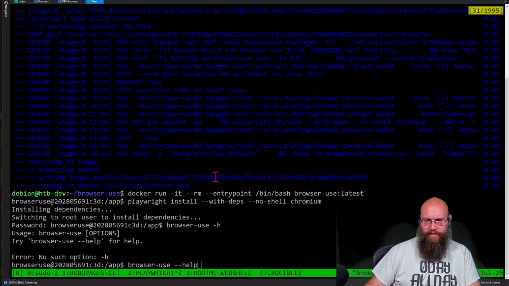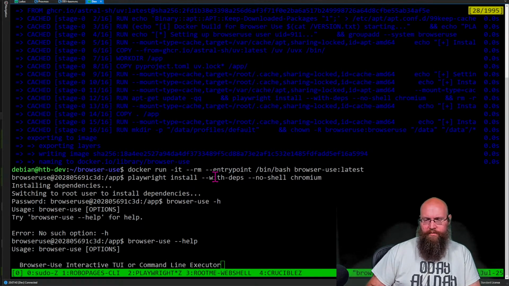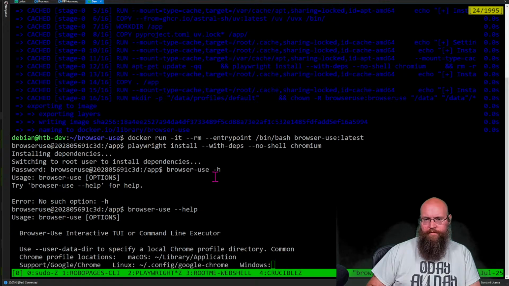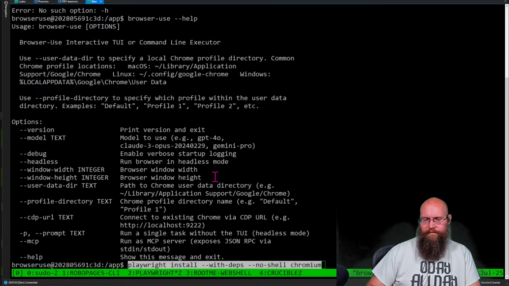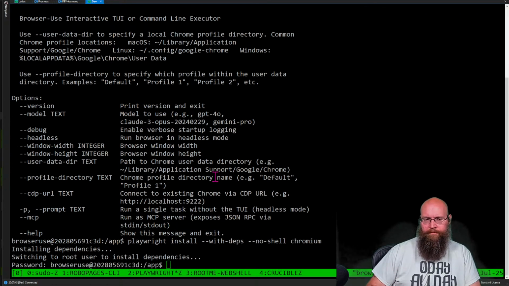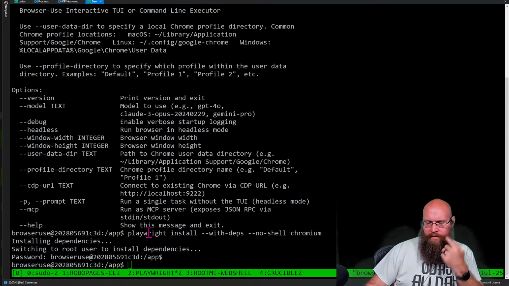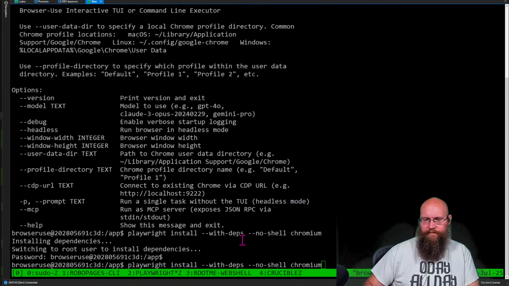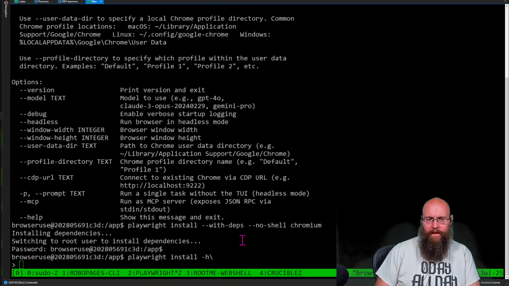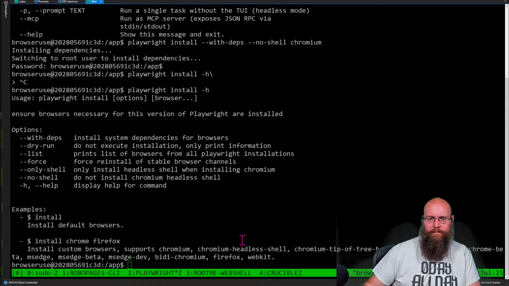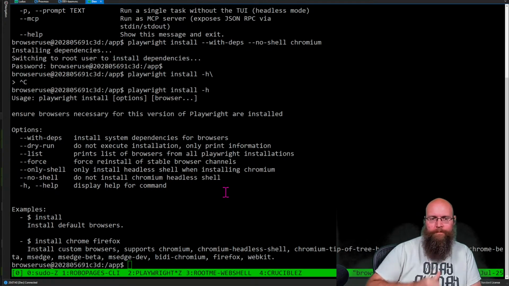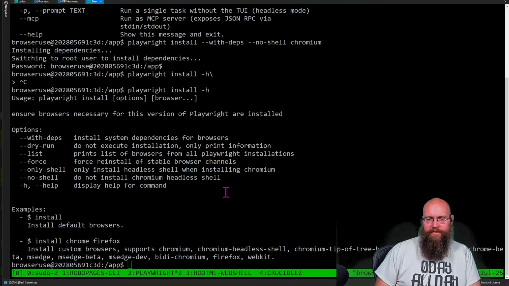What's the command we were running? playwright install. Well, actually, you know what? Let's just try this. No shell says do not install the Chromium headless shell. That's fine.